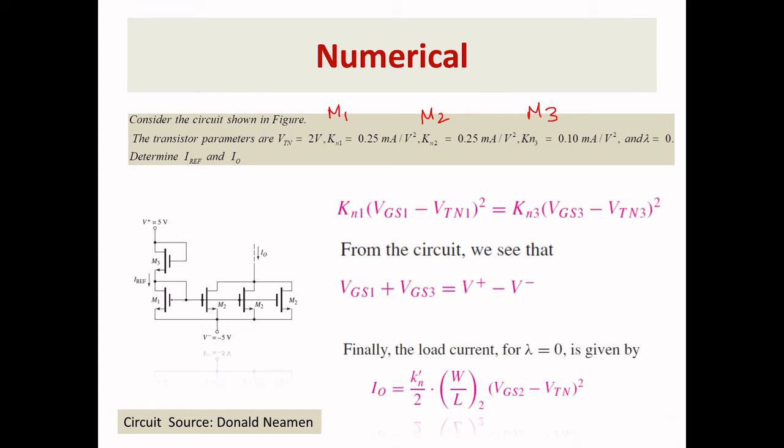So here M1 and M3 are in series. Usually in the normal basic current mirror circuit, you will have some current source that is generated by a resistor. In order to increase the output stability of the circuit, this resistor-based current source was replaced by an active device based current source.